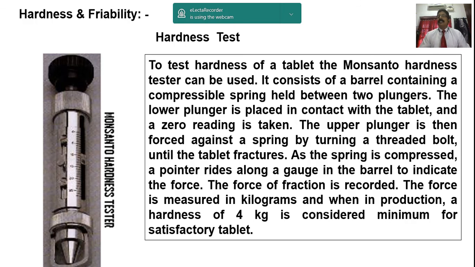Then the mother and father will say, no problem, it's okay, drink some water, sleep. What will happen? The next day, it will come out in the feces. Why does it come out in the feces? Because the material is very hard. The metal is not able to disintegrate in your stomach. It doesn't go for dissolution. It is insoluble, so it comes out in the feces.